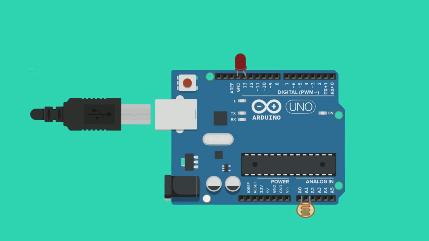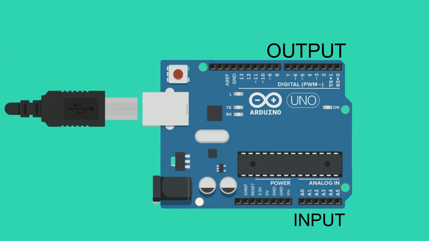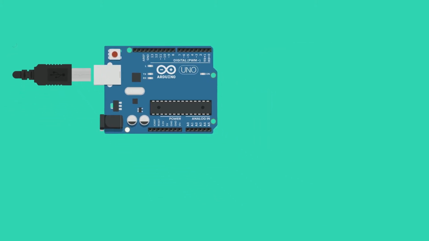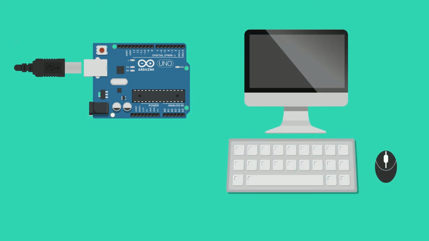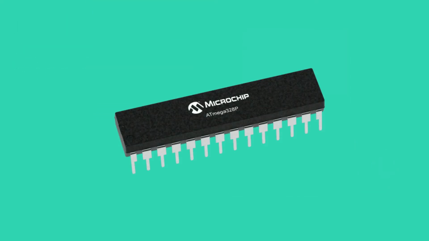As you can see, Arduino has an input part and an output part. Wait, isn't it like a PC? An input device, output device and a processing unit. Yes, but not as efficient as a PC. A PC has multiple sets of microcontrollers and can do multiple tasks at a time, whereas an Arduino has only one microcontroller and can do only one task at a time.